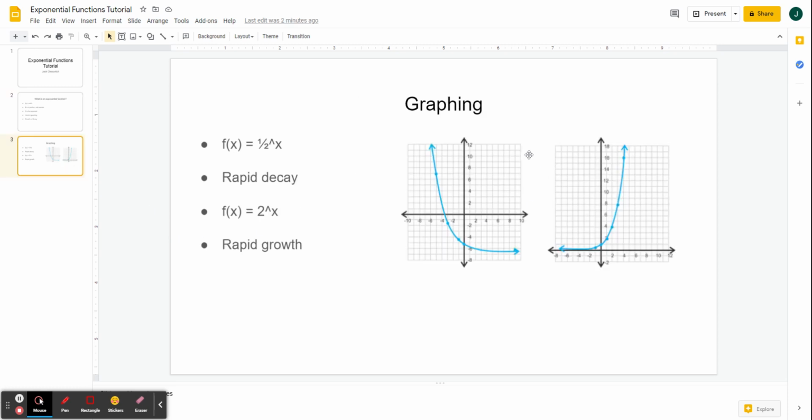So we see in these graphs that in this one we see a decay function, in this one we'll see a growth function, and as you can see in both of them, they are both rapidly decreasing or rapidly increasing while curving. So because x is the exponent, the function will